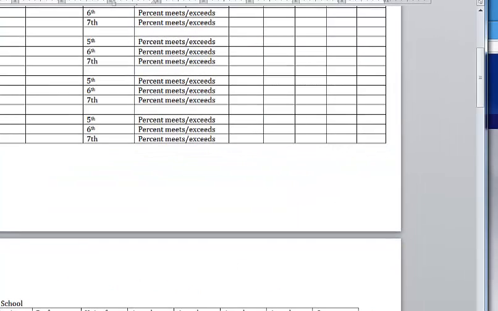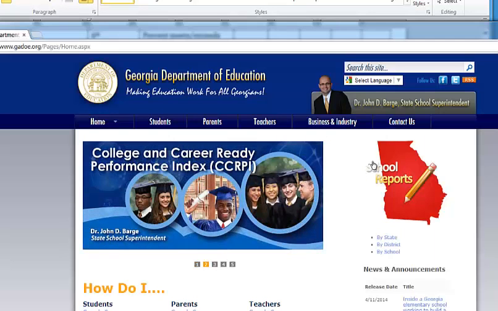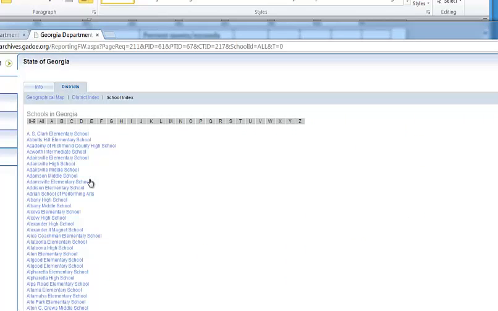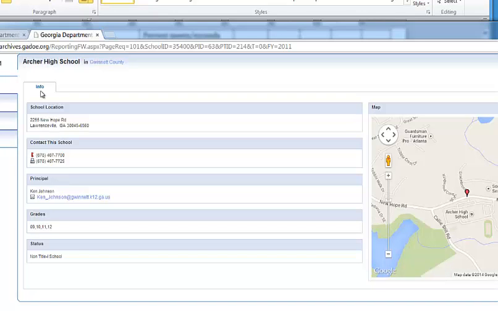Notice I'm pointing right at it. So I'll point at it again. It just disappeared. And there's report cards here. See report cards? And see, you can pick, look by state, district, or school. You can pick your school, and your school will pop up. Here, the Archer High School. And we can look at the